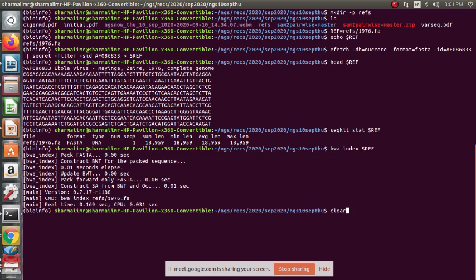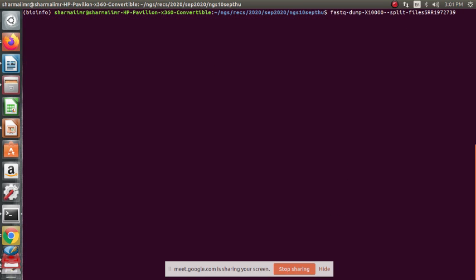Clear the screen and fastq-dump with the qualifier -X 10000, first 10,000 reads, verbose qualifier, split-files, SRR1972739. So this is going to give us the first 10,000 spots corresponding to all the read positions.